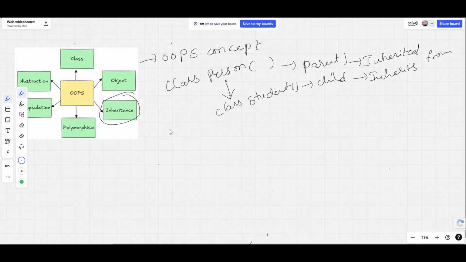And why do we use inheritance? There are many reasons why we should use inheritance in our programming. The first one is reusability of code. The second one is avoiding duplicates.